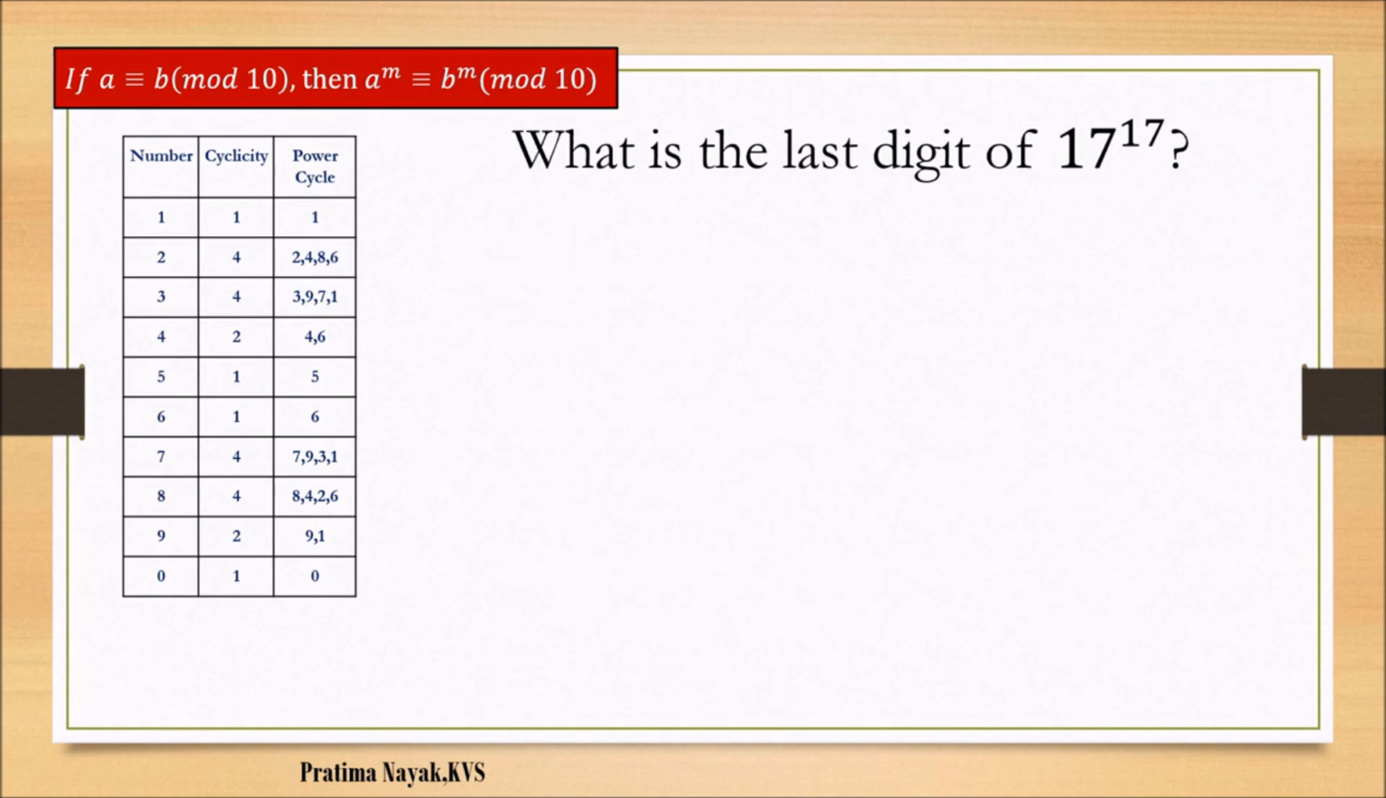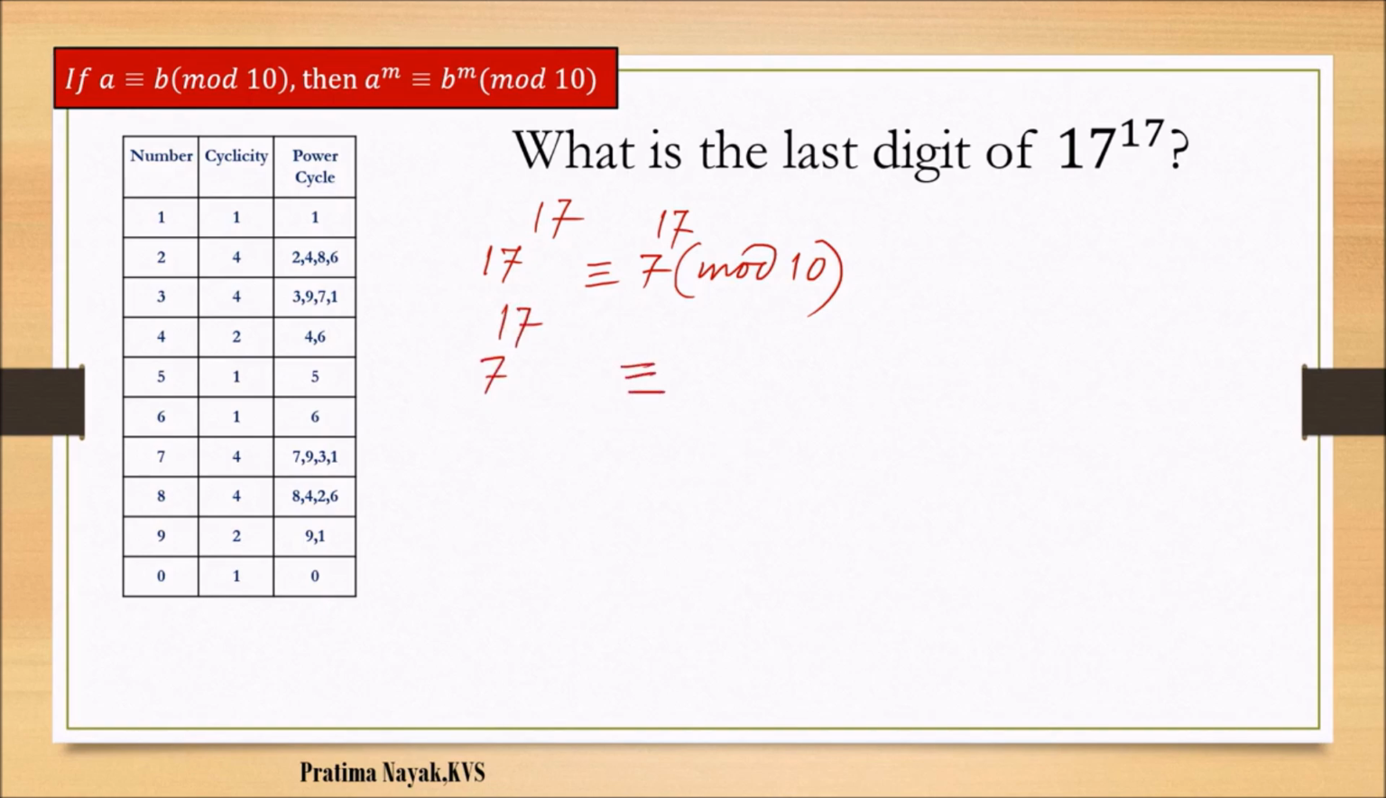Last digit of 17 raised to the power 17. 17 is congruent to 7 modulo 10. Now when I write 17 to the power 17, it is equal to 7 raised to the power 17 modulo 10. Now coming to 7 to the power 17,